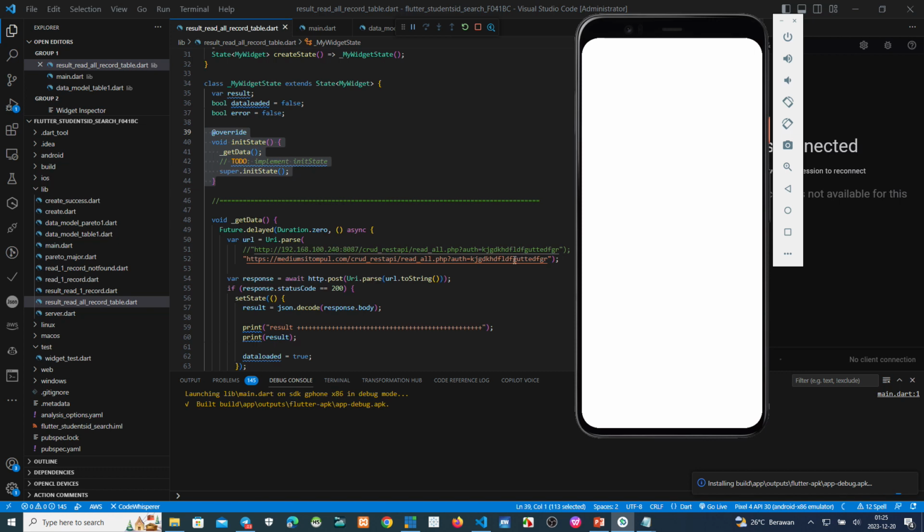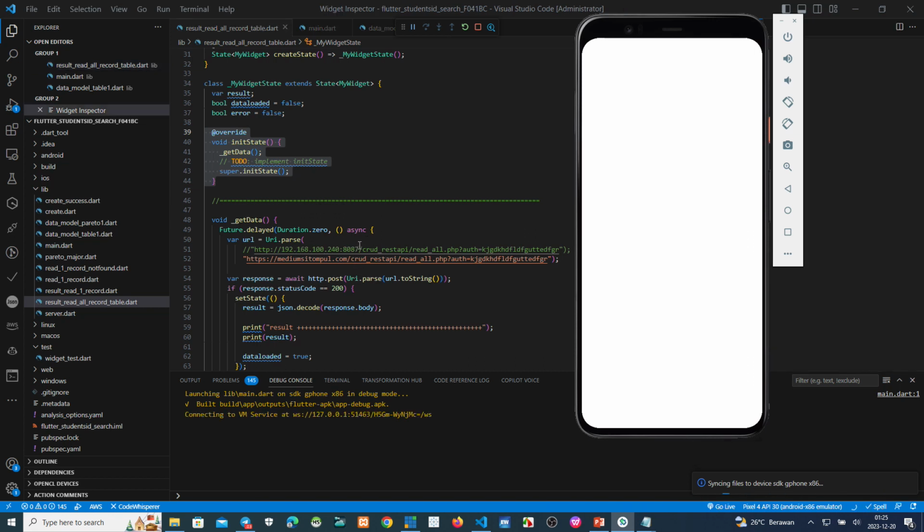This is the backend script, https mediumsystempool.com/CRUD-REST API/readall.php. This is if the script is running, so we can see the result.